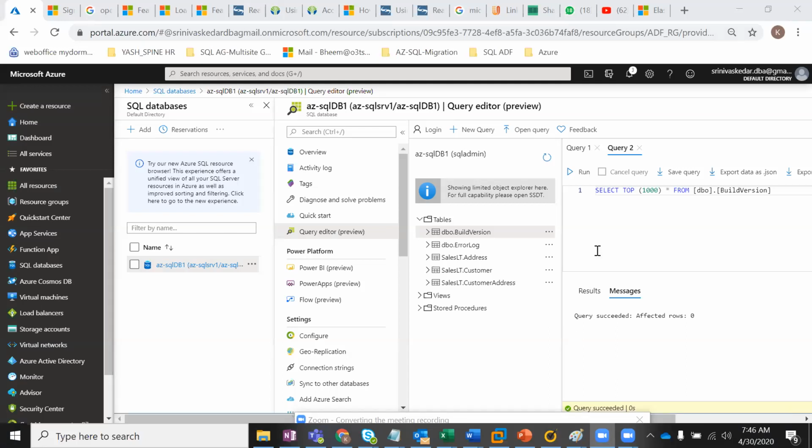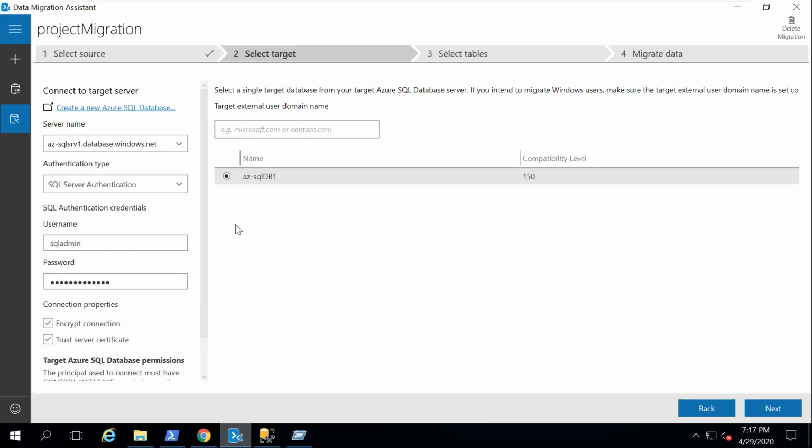So what I did is I selected the instance of the 02 server and tried to connect to it, which is wrong, right? The instance is not available on the target server. That's what I connected to. Later on, I changed to my original instance and provided the credentials over here.